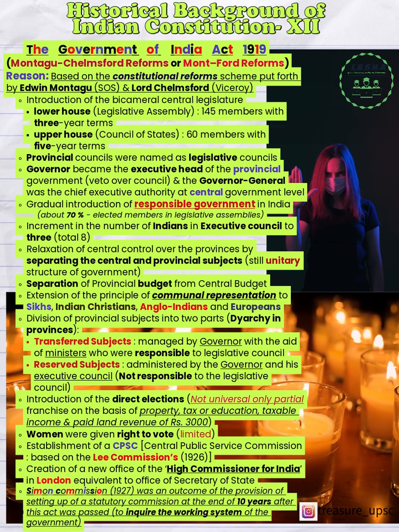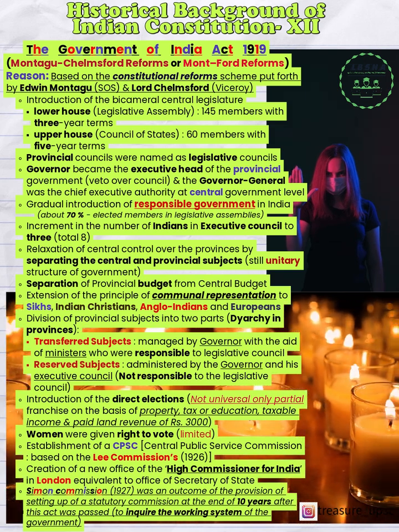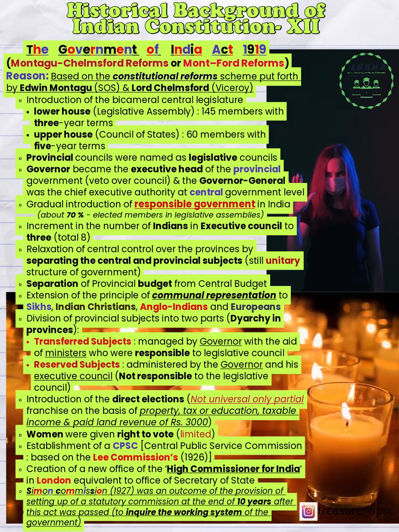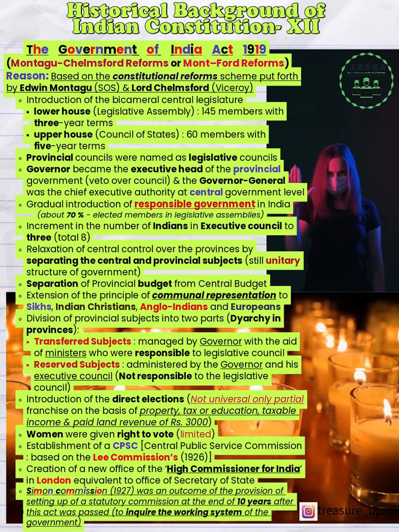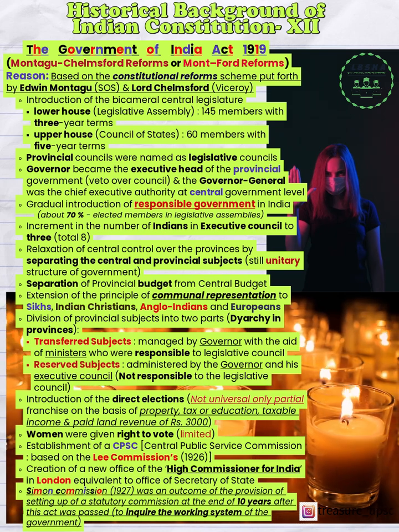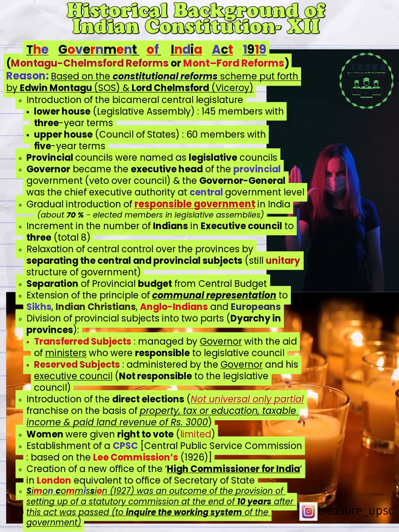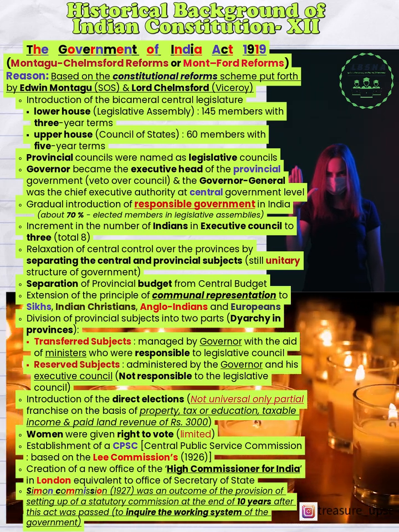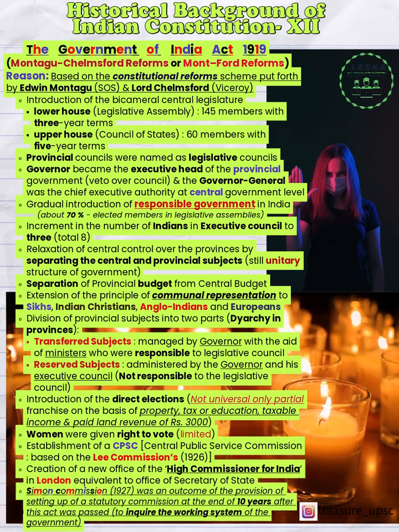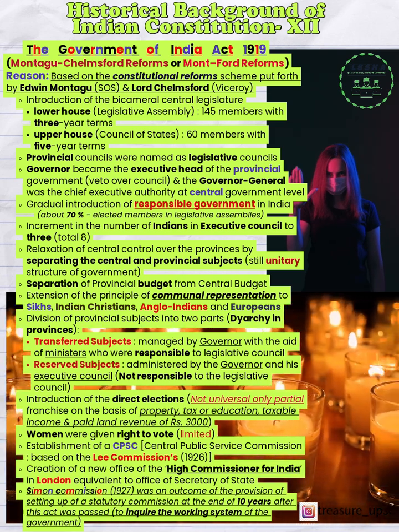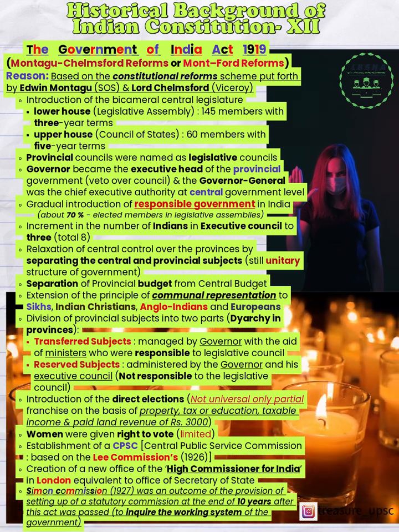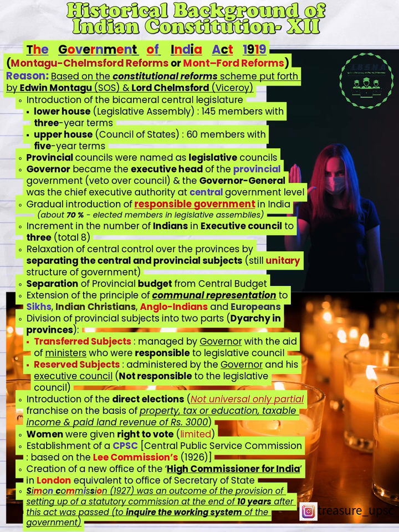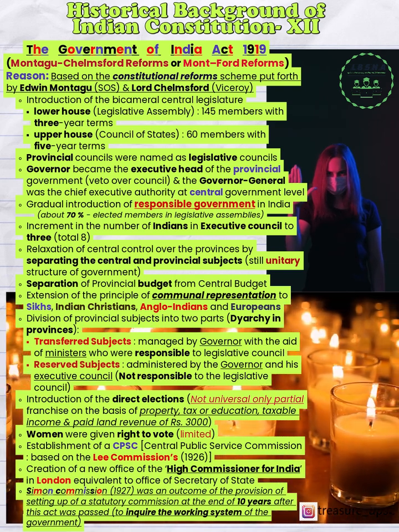of the provincial government. He could exercise veto over the council, while the Governor General was the chief executive authority at central government level. Through this act, the British government had tried to introduce responsible government gradually in India, and it was observed that about 70% members were elected members in legislative assemblies. There was increment in the number of Indians in Executive Council to 3 among total of 8 members under this